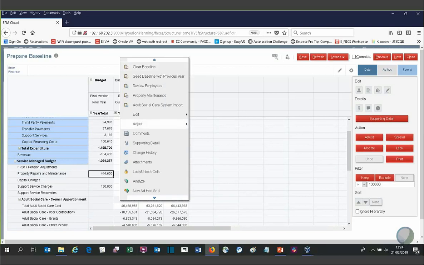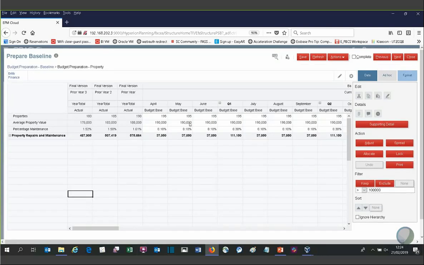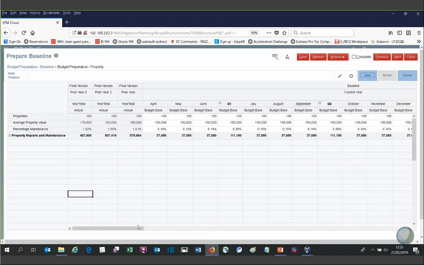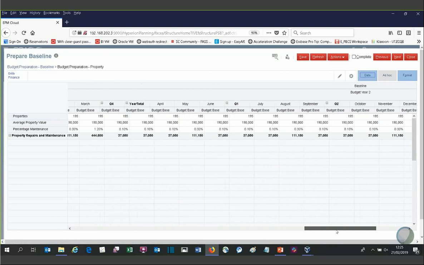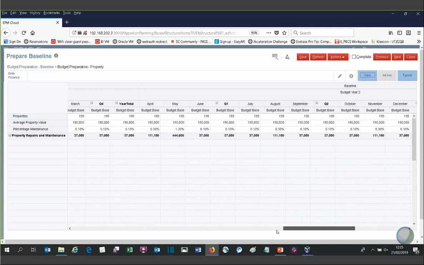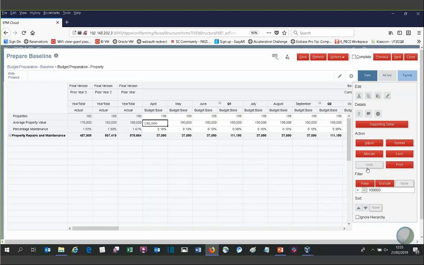So another linked sheet below this, slightly more simple to allow us to show off the embedded artificial intelligence in the system that you'll get out of the box. So here I've got some property numbers, some historic information, and then a forecast going across, a very detailed forecast going across 2 budget years, as you can see there, with all the monthly detail, average property value, and a property maintenance charge. And of course I could go in and use my data tab and uplift those numbers